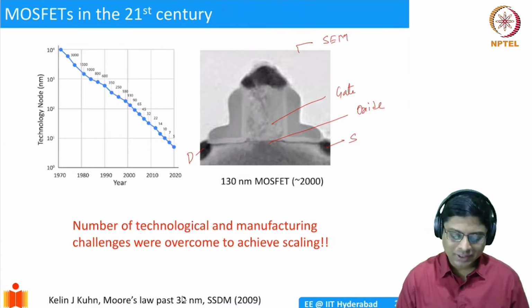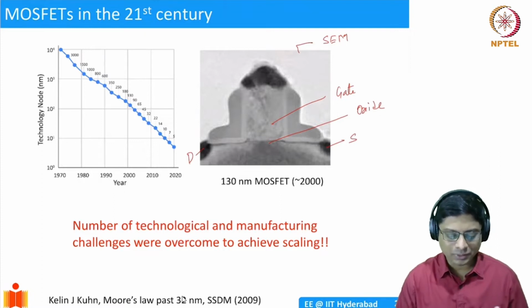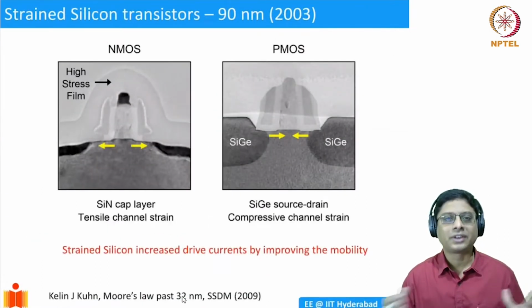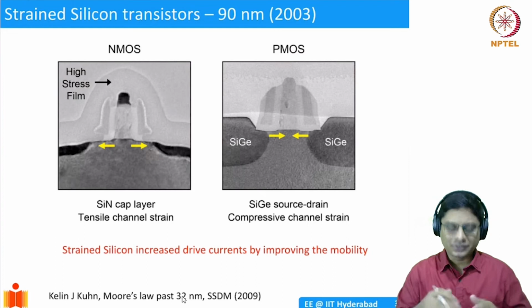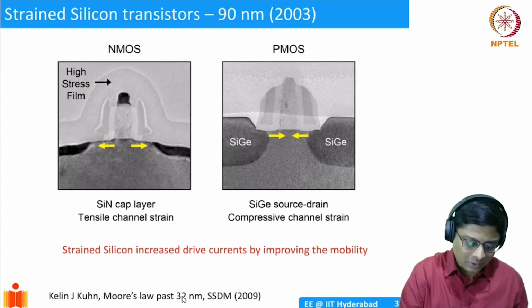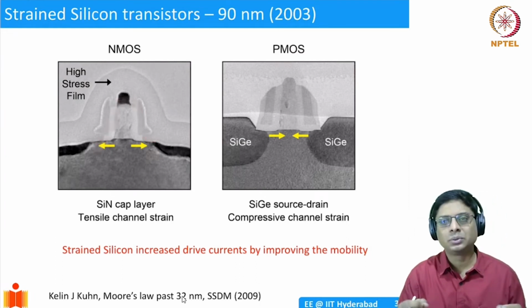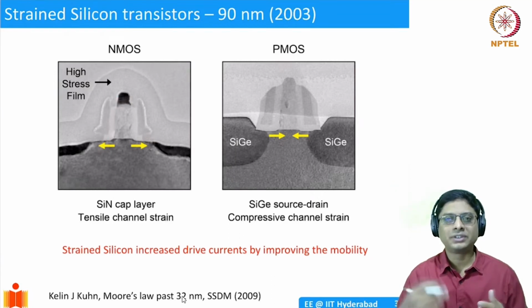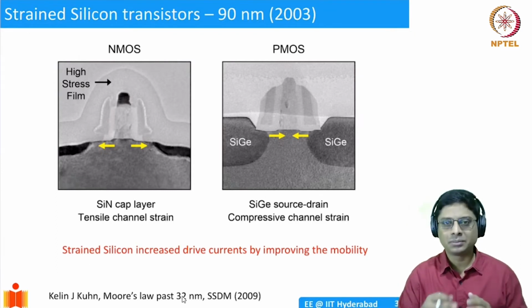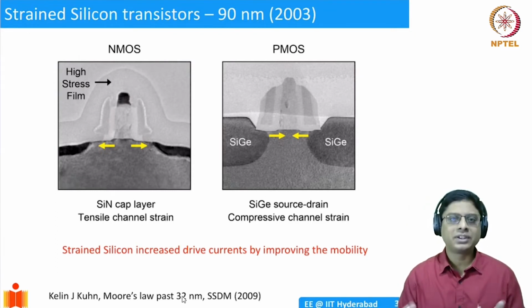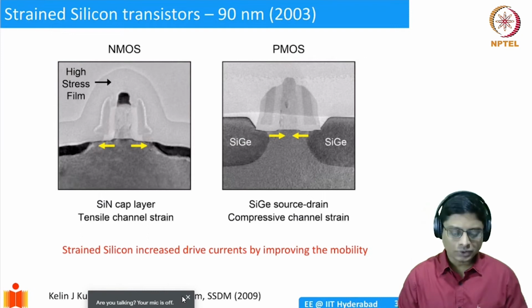And one of the great inventions that was deployed was to introduce what is known as strain transistors. Strain transistors were introduced in 2003. And what do we mean by strain? Well, essentially we have the regular MOSFET, and now on top of it, we understood, when we studied the basics of lattices and mobility and all that, that the mobility of a semiconductor is dependent on the band structure, and band structure is influenced by the lattice spacing. So